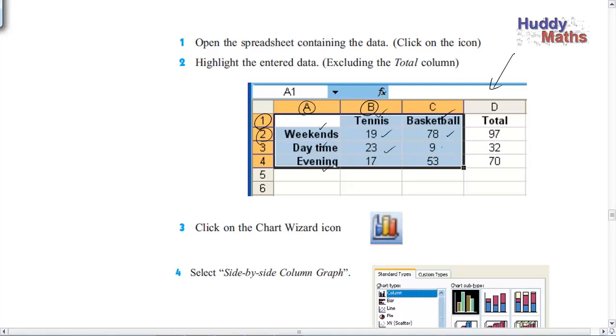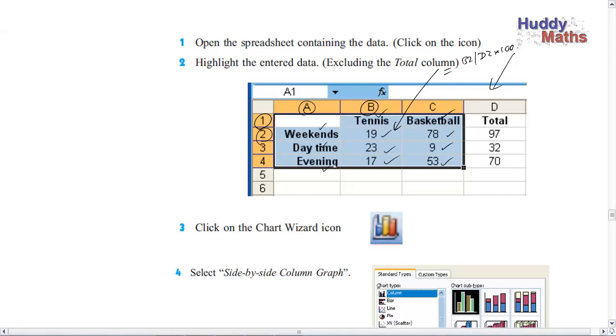They are not using percentages here. Not using percentages, using the raw numbers. You could change that if you wanted to. You could put in here equals B2 divided by D2 times 100. You can get a spreadsheet to change those to percentages if you want it like we just did it by